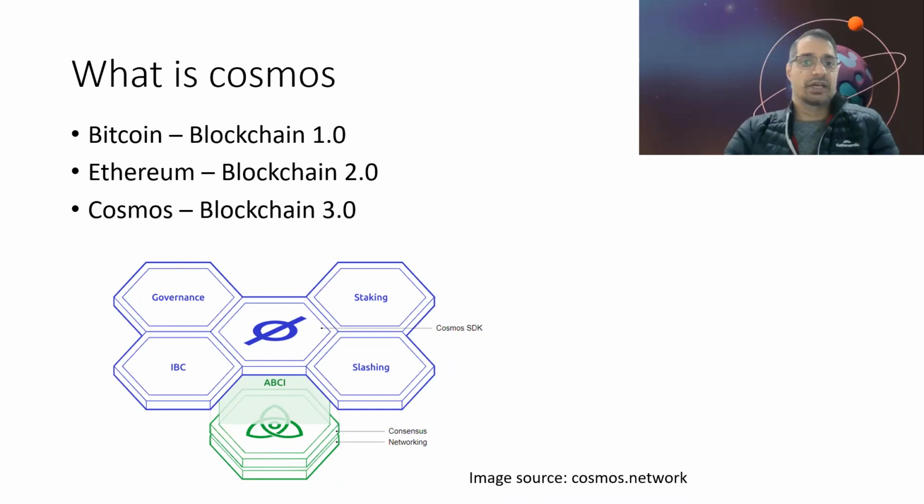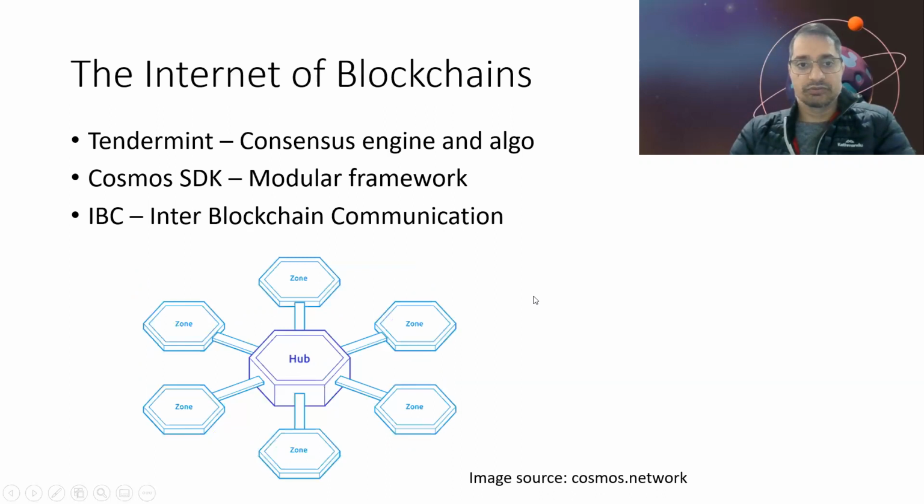One of the major problems that Ethereum has is scalability. All of the coins, all of the tokens, and all of the dApps on Ethereum share the same chain. It's the same consensus algorithm of Ethereum. They share the same virtual machine. So it is limited in scalability. Ethereum is trying to resolve these scalability issues, but Cosmos is designed from the ground up keeping scalability and the other factors in mind. So let's take a look at how it resolves some of these issues.